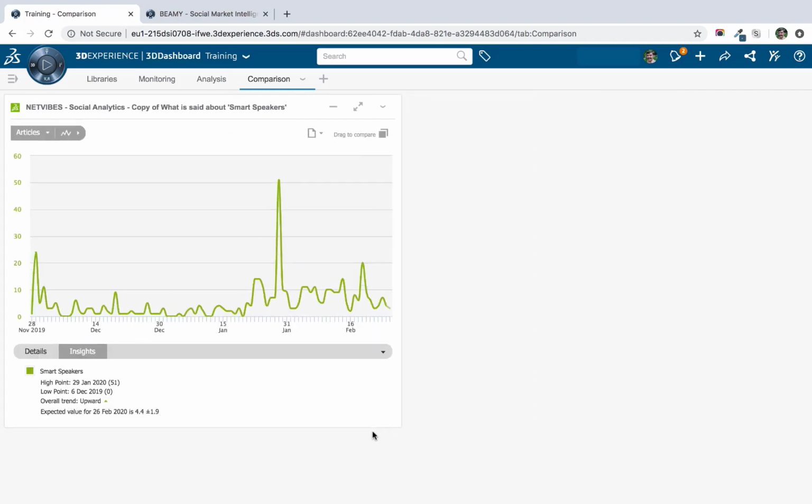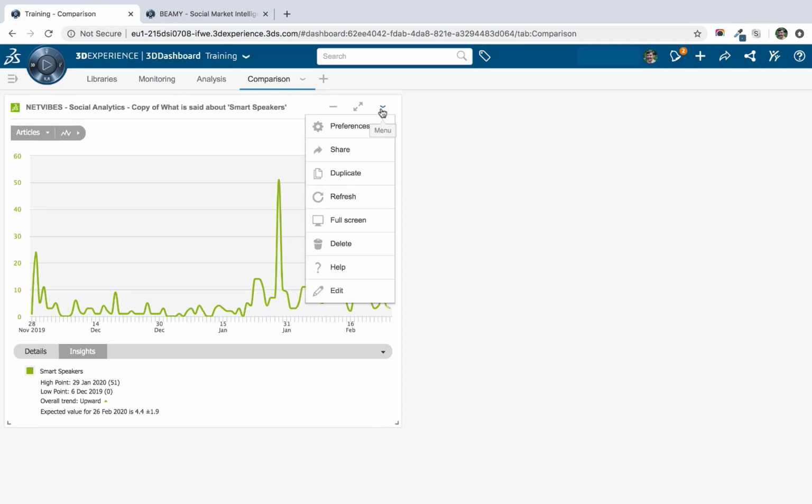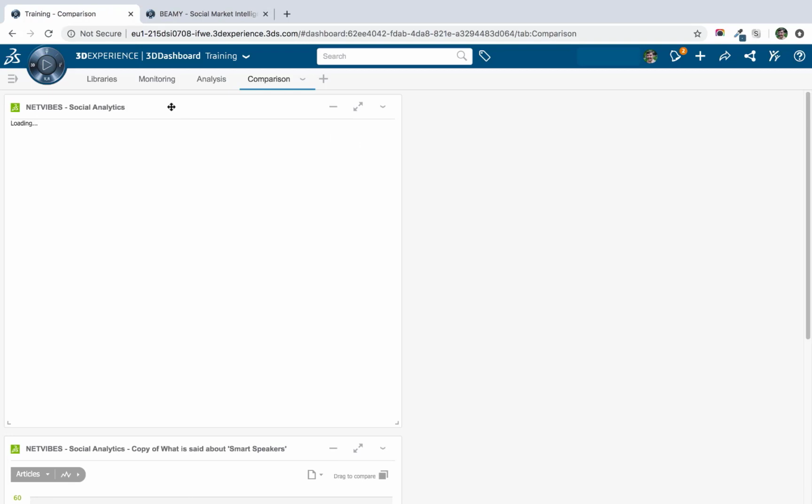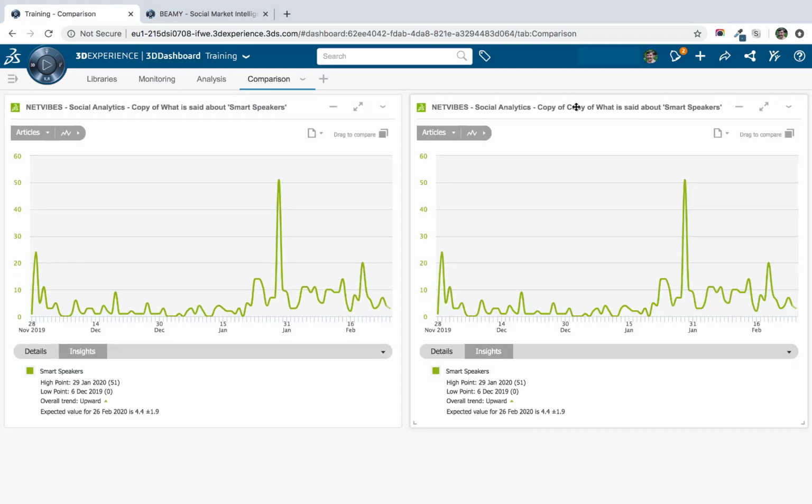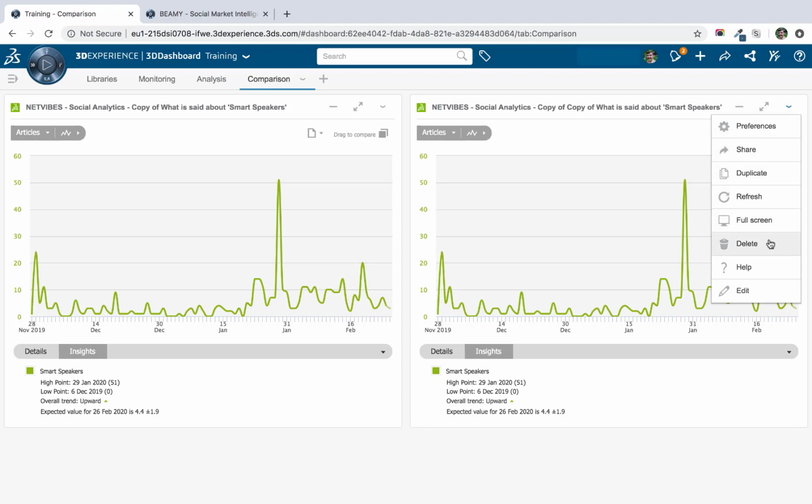So we have one app here that's discussing smart speaker pricing. What I'd like to do is compare it to a different subtopic of smart speakers. So I'm going to create a second app, which is looking at smart speakers and when people talk about smart speakers and assistants. So I'm going to edit the query